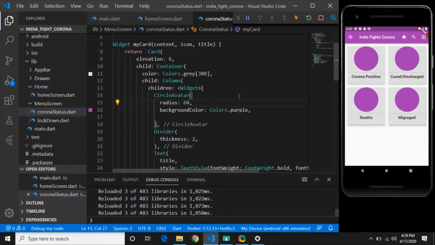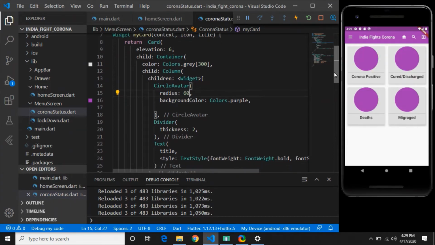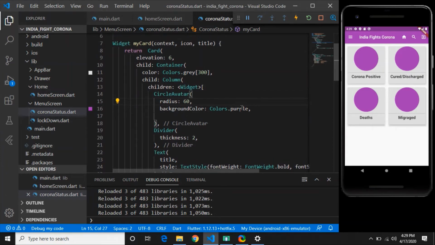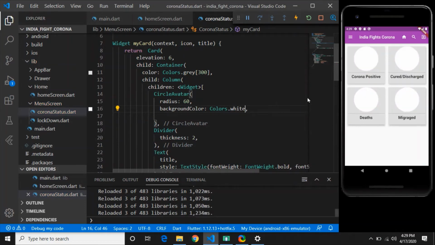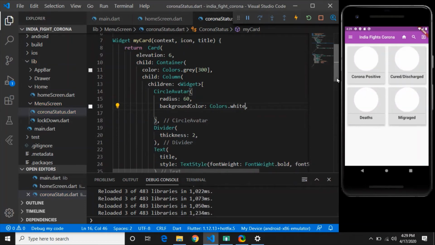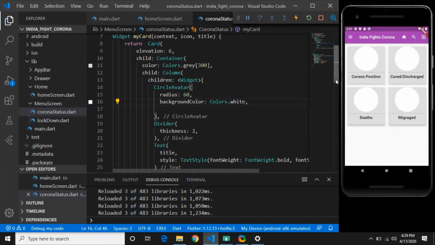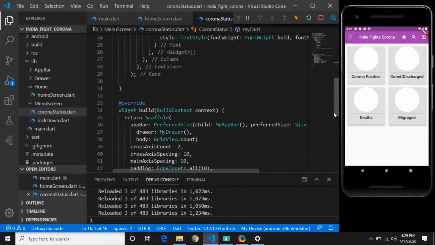So instead of Colors.purple, I will have Colors.white. And what we are going to add is the number inside this. So to add the number, we'll add number here, like 1, 2, 3, 4.